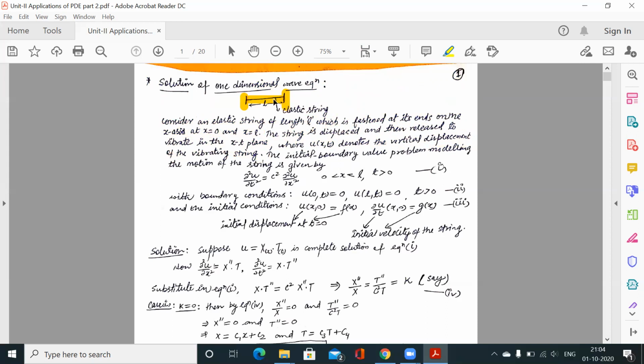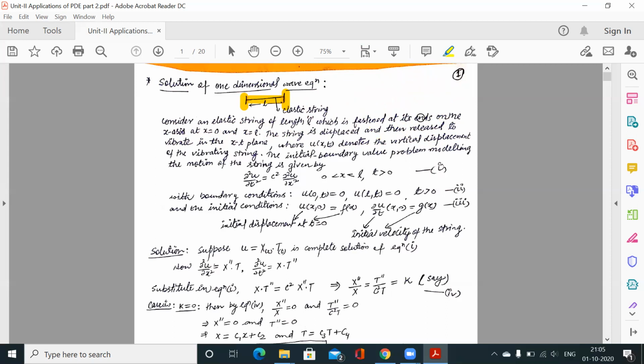this is the length of the string. So the vibration at this point will be different, the vibration at this point will be different, and the vibration at this point will be different. Similarly, if you are considering time, initially the vibration would be faster, and when time passes the vibration would be slower, meaning it will take smaller jumps. Initially the vibration will take more length on the y-axis, but when time passes it will take small jumps on the y-axis.